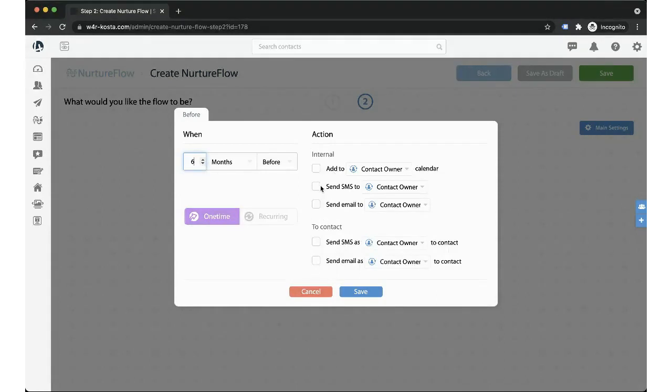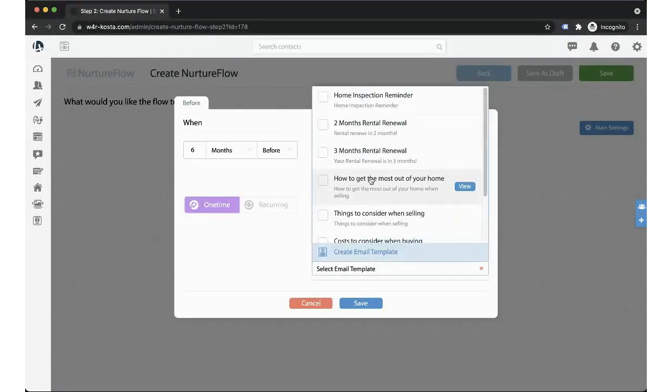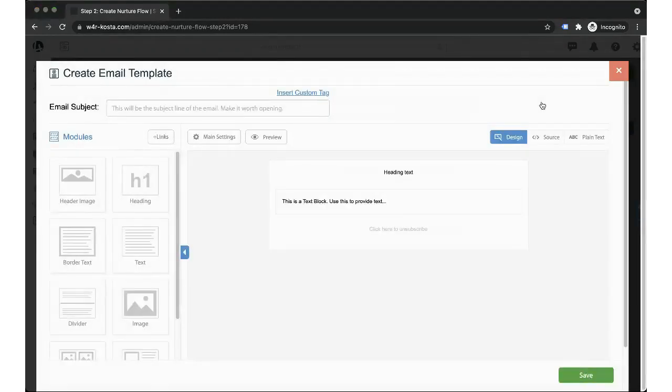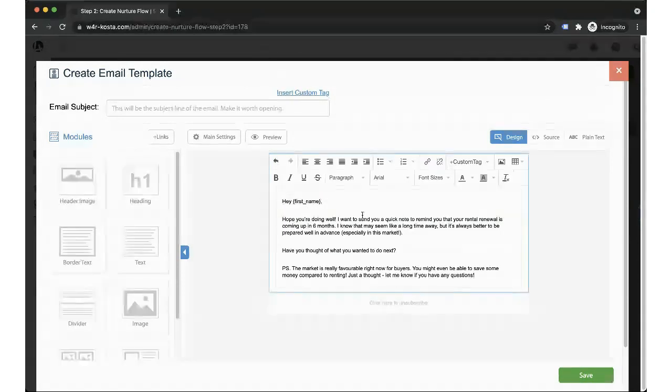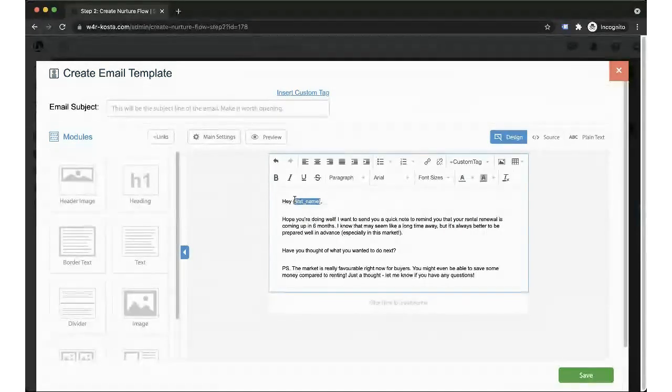I'm going to send an email, and you can do a lot of actions here, but for this particular case, I'm going to send an email to the person automatically with this email here, which I'll type out and share with you as well. So in here, I'm going to just copy and paste what I've already had. So, hey, first name, this is dynamic as well. So the first name would automatically come up. Hope you're doing well. I want to send you a quick note to remind you that your rental renewal is